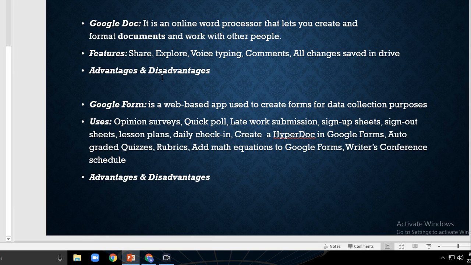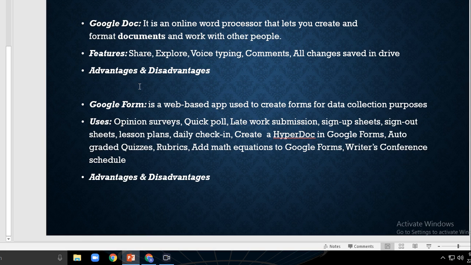Then it allows more than one user to work on a document at any given time. Limited formatting ability like Microsoft Word is there. And you can experience lag during peak hours, usually during the day. Means everyone is using it, so it takes time. And one of the major disadvantages is that you cannot access it offline here. That is one of the major ones. If you are online, then only you can do all this work on Google Docs.